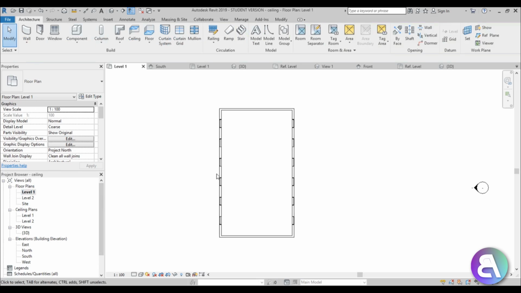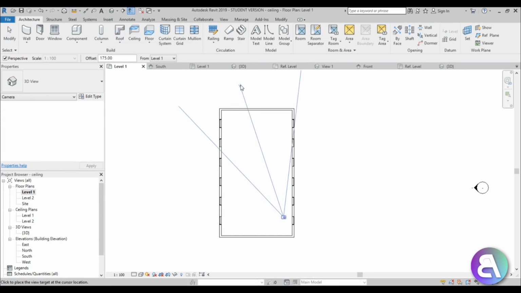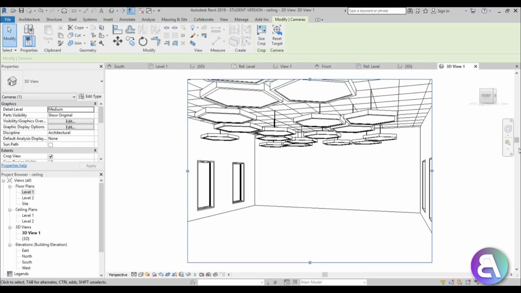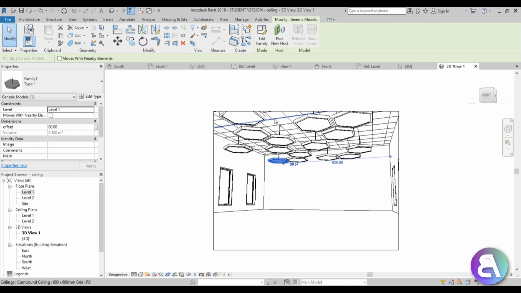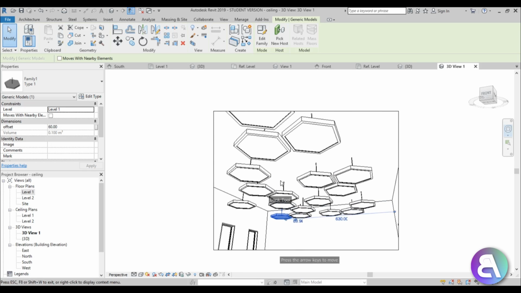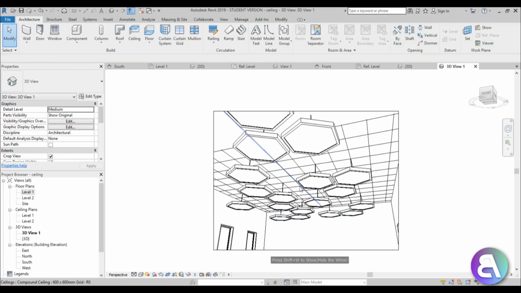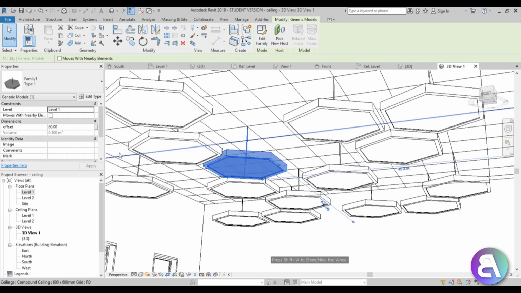So let's go to level 1, and you go here, you open up a camera, and let's create a camera view like this. So now select some element and orbit around it just to get this upper, so to move the camera down, and then you can use this wheel just to scroll up a bit or point it up a bit. And now we can select a few of them and change this